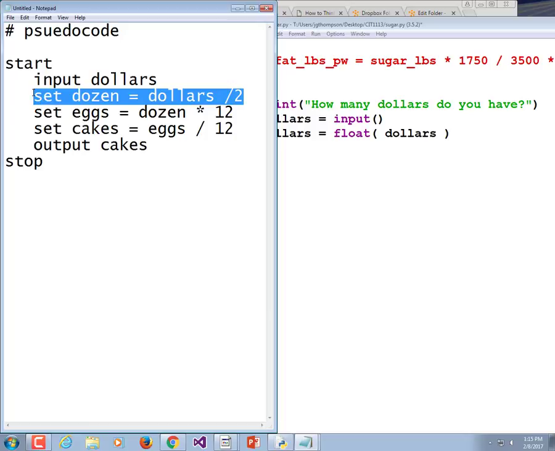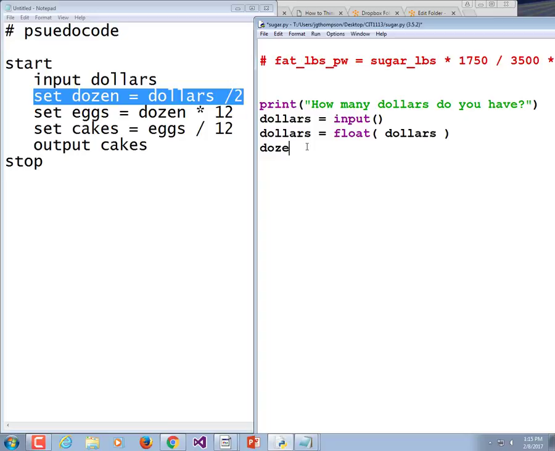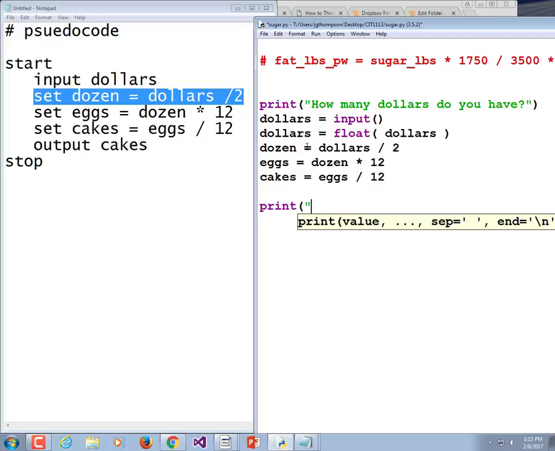As we saw last time, the way you do this math now is you just leave off the word set. Dozen is equal to dollars divided by 2. Eggs is equal to dozen times 12. Cakes is equal to eggs divided by 12. I didn't specify a form of output, so I'm going to make it easy on myself. Print. That would make, comma, now I'm going to use my variable, comma,